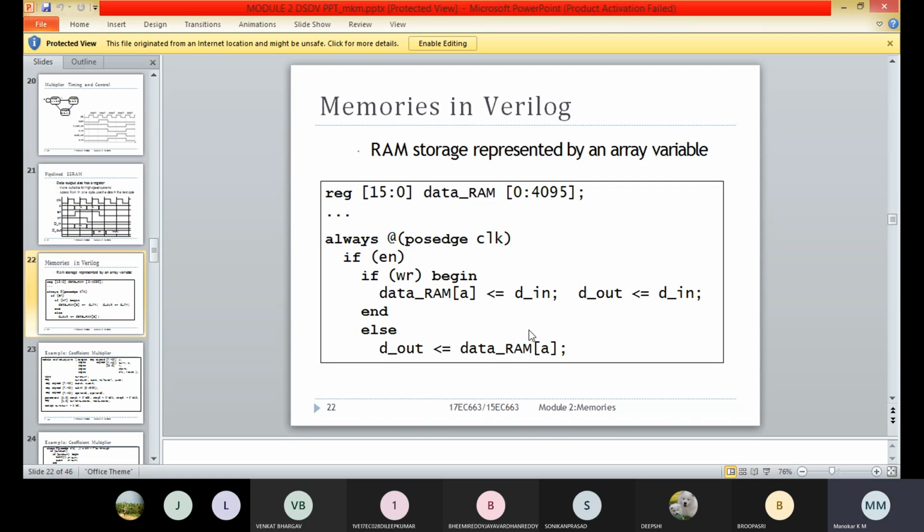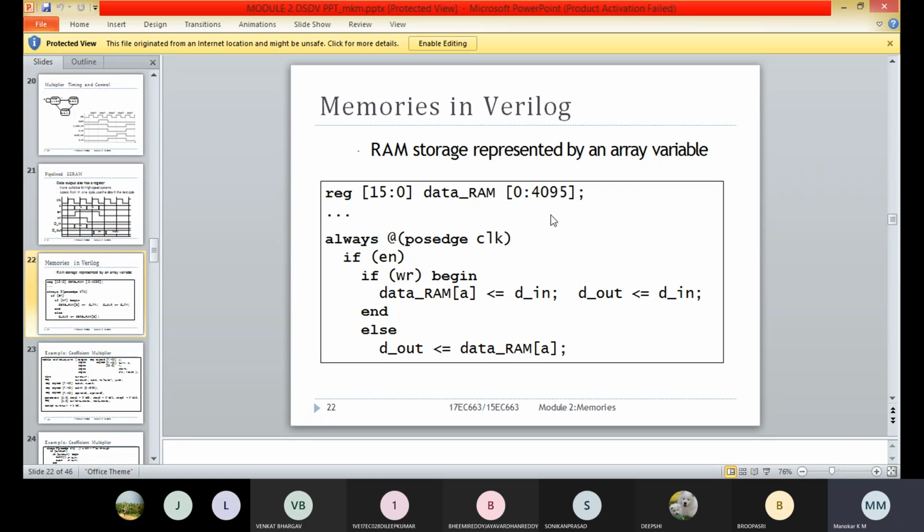In the else part, we are fetching a location's data, that is data underscore RAM A. Here data underscore RAM is the array we declared, and we are accessing the location pointed by the address.